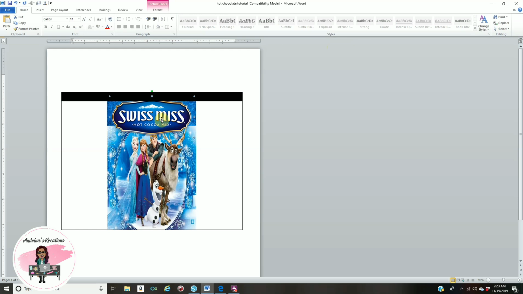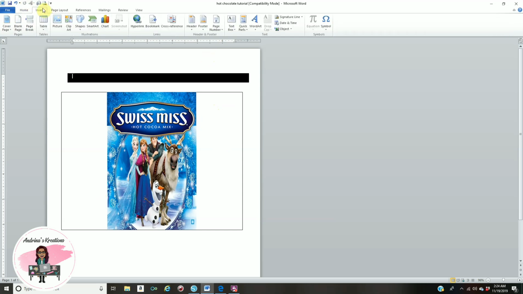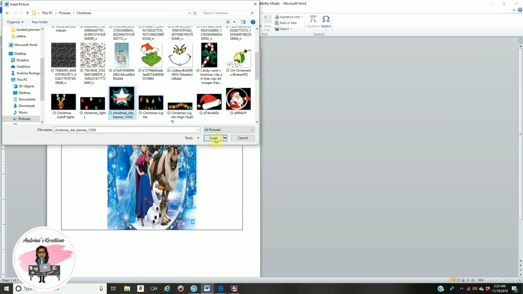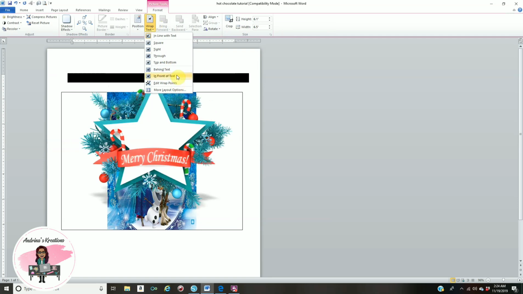So my Swiss logo, I'm going to bring it a little bit down there, make it a little bit bigger, like that, and I could put that border up. Now I want to add another image in the front, so you will go to Insert, Picture, and then Insert, Wrap Text, in front of text, and size it